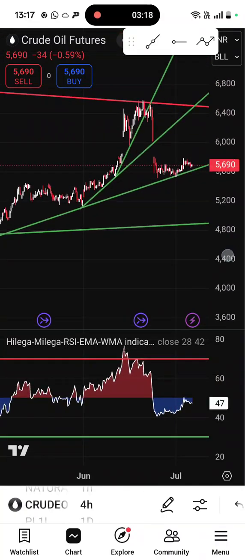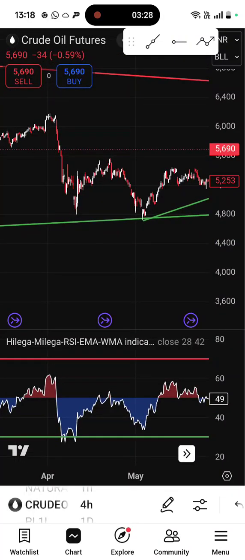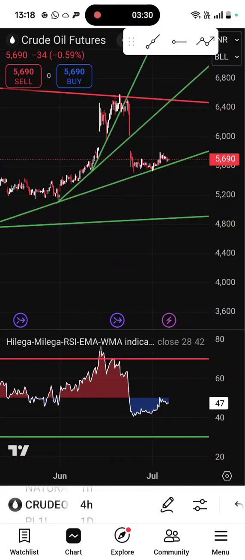So this is how we draw a trend line. First of all, we need to go to the bigger time frame, the monthly chart, draw a trend line, and then we see the RSI divergence, or the bullish RSI, or the bearish RSI, or the oversold RSI, or the overbought RSI. According to that, we take a bullish trade or a bearish trade. This is a simple trading strategy, nothing more than this.